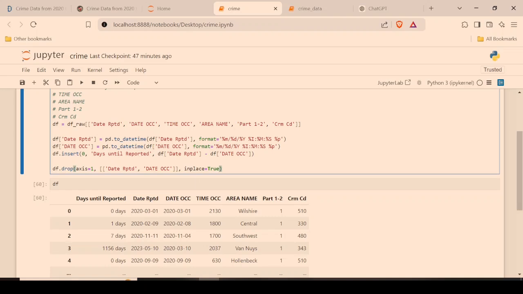then it'll just modify the original data frame. If we didn't specify this here, then we would have to put df is equal to all that. But inplace equals true just kind of looks a bit nicer. So if we run this,